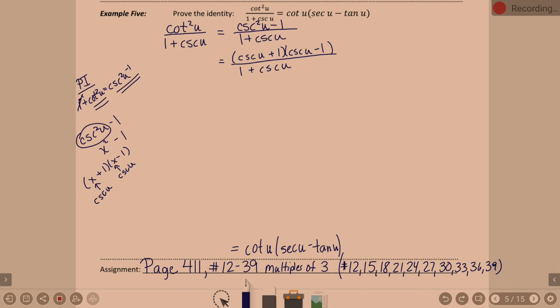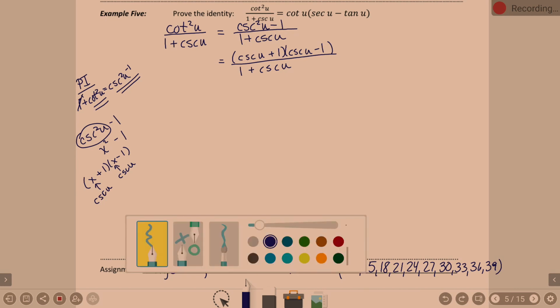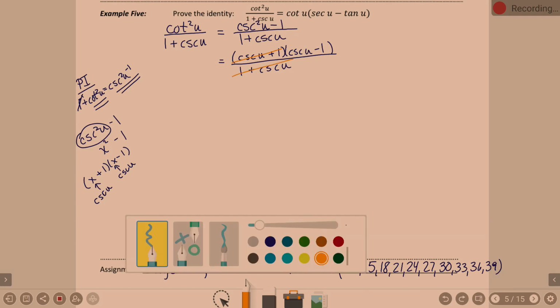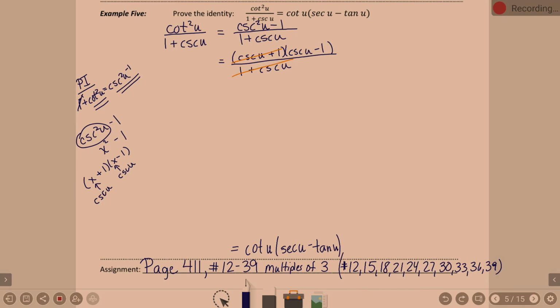Can you cancel the 1? Okay. So on top we have a factor of cosecant u plus 1. In the denominator we have a 1 plus cosecant u. Those are equivalent pieces. And so yes, we can do a cancel. Cosecant u plus 1 cancels with cosecant u plus 1, leaving us with